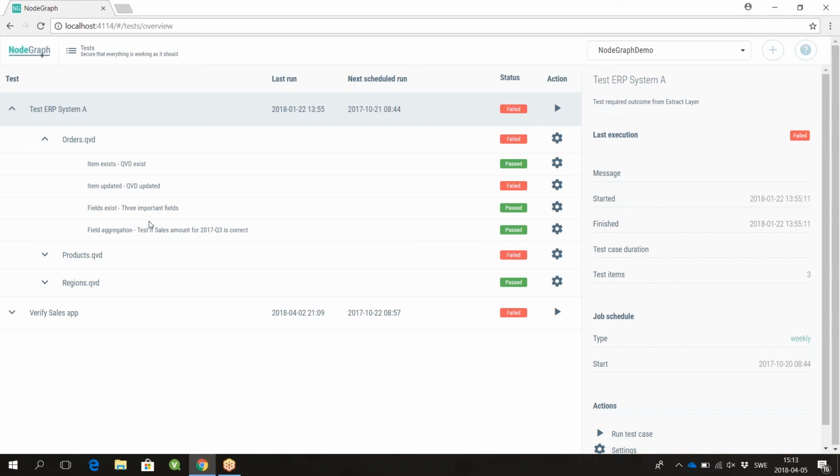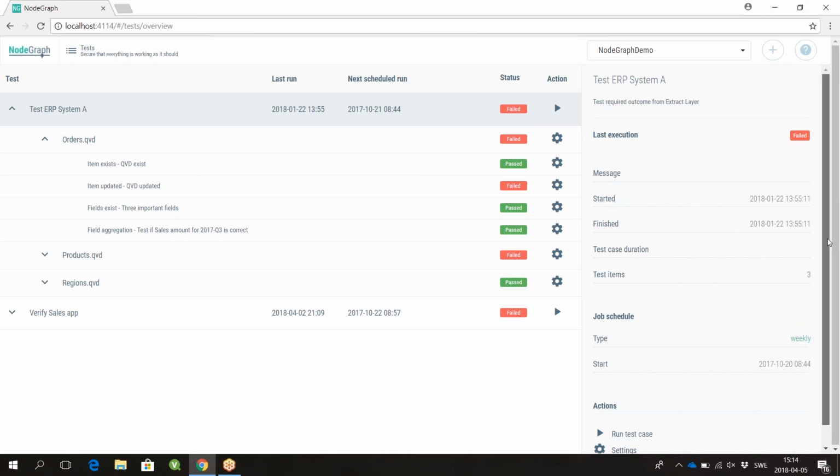So by having NodeGraph automatically go in and test this on a daily basis or weekly basis, we make sure that we haven't changed anything in the script, or in our source systems, that will make the data corrupt.